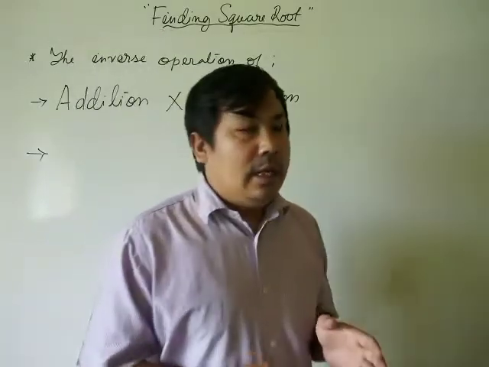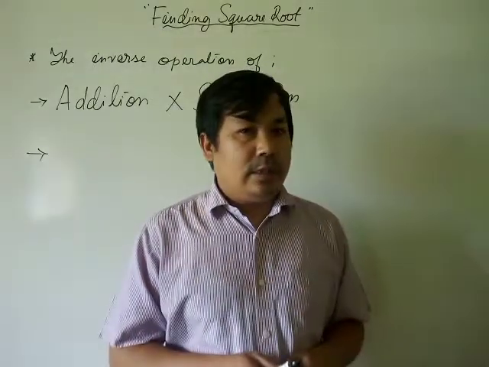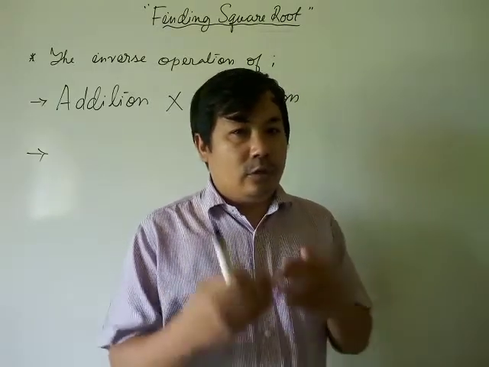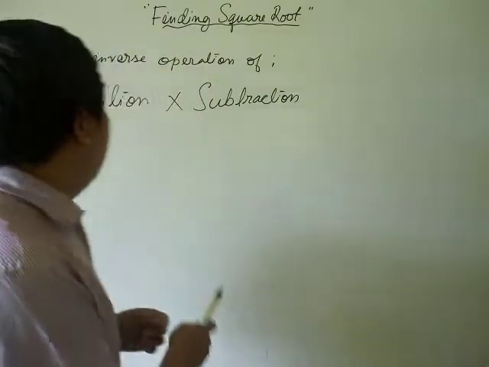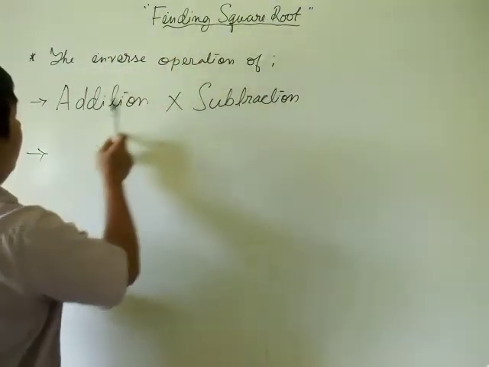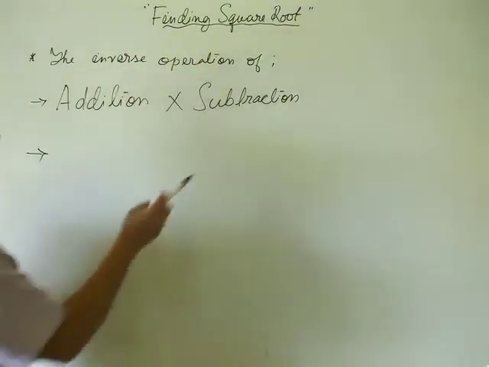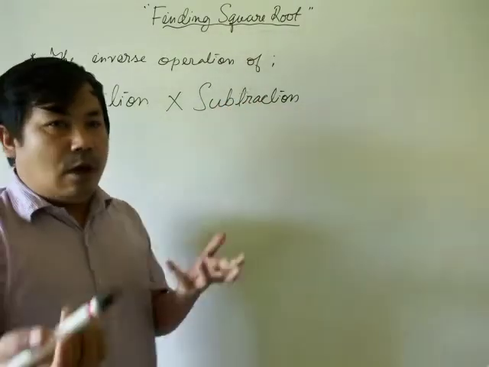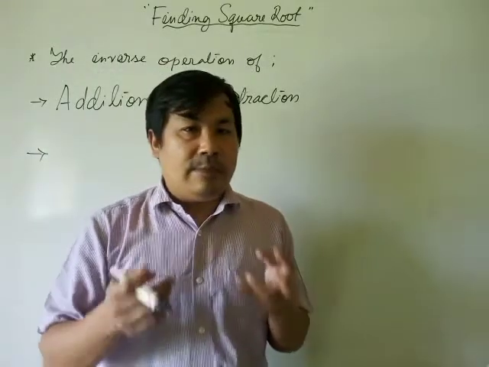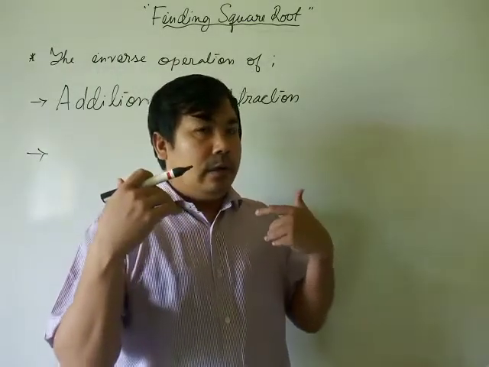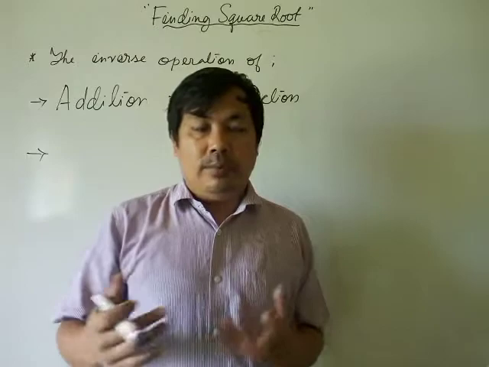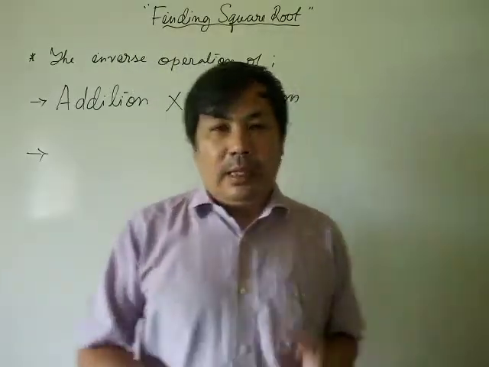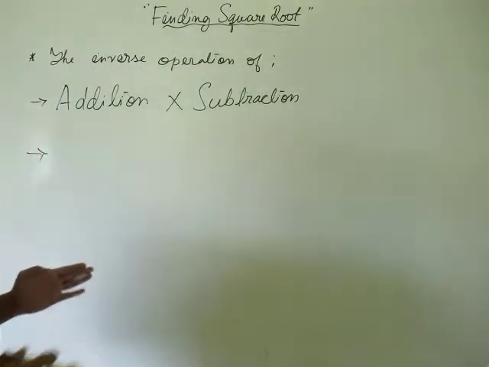Finding the square root is just like some other operation. See, the inverse operation of addition is subtraction. The opposite operation of addition is subtraction, or the opposite operation of subtraction is addition. We know that, isn't it? So here, like that,